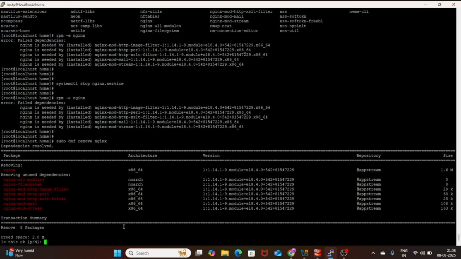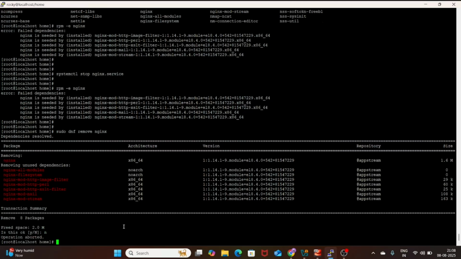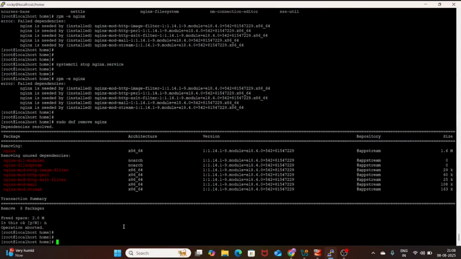See, if I press enter, all the dependents will be removed. Let's keep it for a while. So this is how it is. Now what we have learned, we have seen how to verify the installed packages,